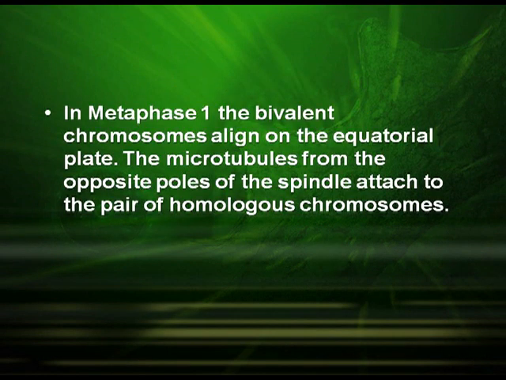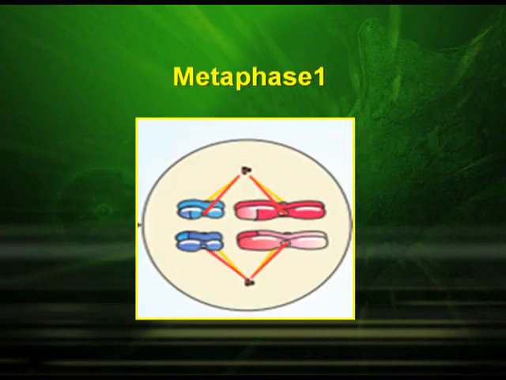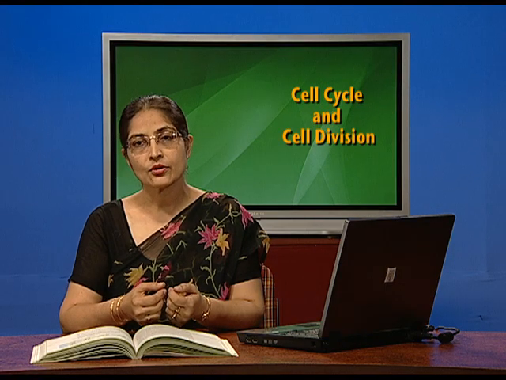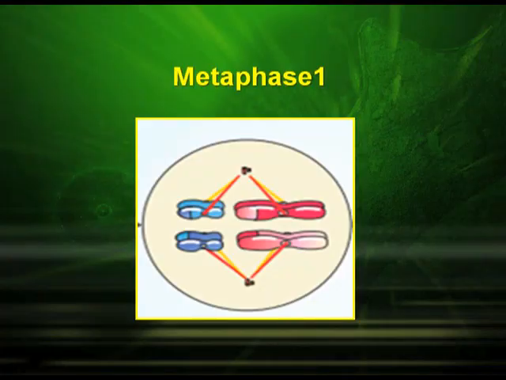In metaphase I, the bivalent chromosomes align on the equatorial plate. The microtubules from the opposite poles of the spindle attach to the pair of homologous chromosomes. The centromere of each chromosome in a pair is directed towards the opposite poles. Look at this picture of the metaphase. In this diagram, two homologous pairs of chromosomes at the metaphase plate are depicted. In each pair, one chromosome is lying towards one pole and the other towards the other pole, attached to the